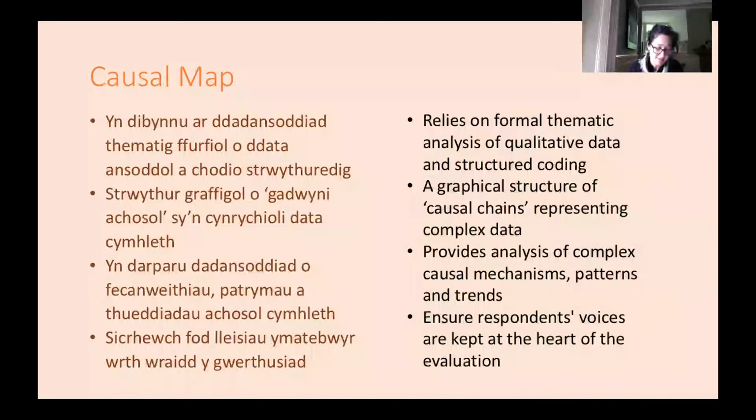It is an application designed to analyse complex causal mechanisms. All formal coding of the qualitative data takes place in Causal Map, and the data in this project being the transcripts of semi-structured interviews. The application creates graphical structures, a causal map to visually express the data without reducing any of the nuances in the narrative itself. Its ability to provide analysis of often complex factors and outcomes to display patterns and trends, whilst retaining what people say, is particularly useful.